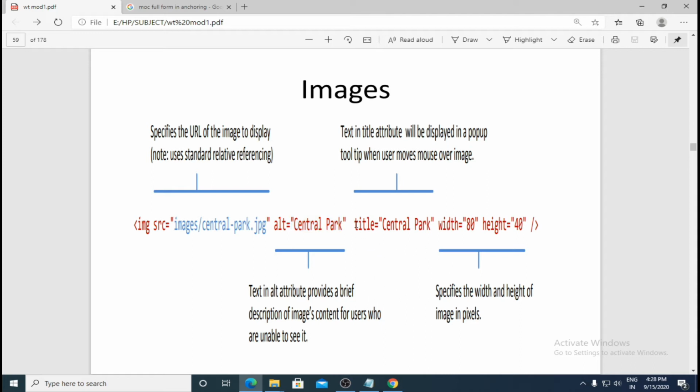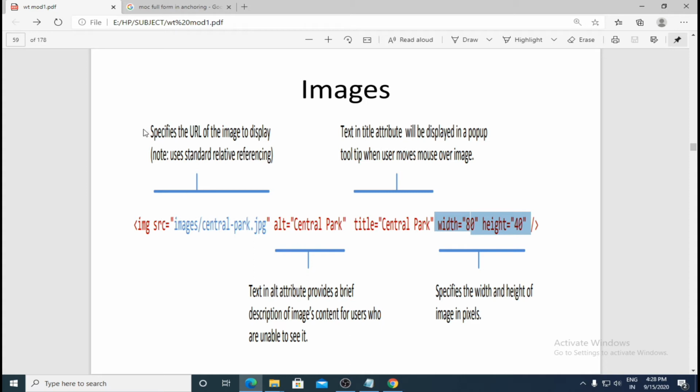Then we have title equals Central Park. That means if I place my cursor on that image, it should display this text. We had seen examples of the title attribute previously. Then we have width equals 80, height equals 40. This is used to explicitly specify the size of an image.